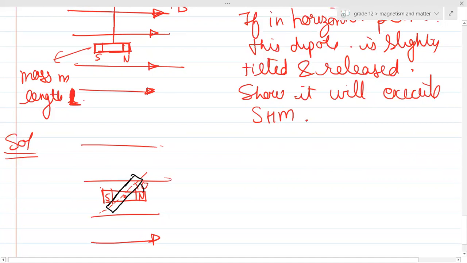So can you see, at an angle theta? They have just tilted it by a very small angle. Now what will happen when this small angle is there? There will be mB acting over here, and mB acting over here, due to which this magnet will try to come back to its original position, right? Yes. So we can write, if the dipole is tilted